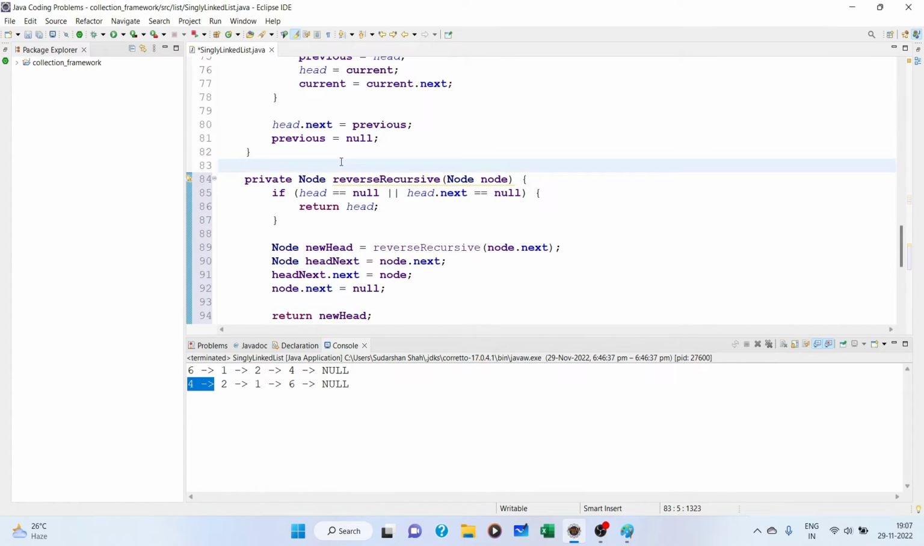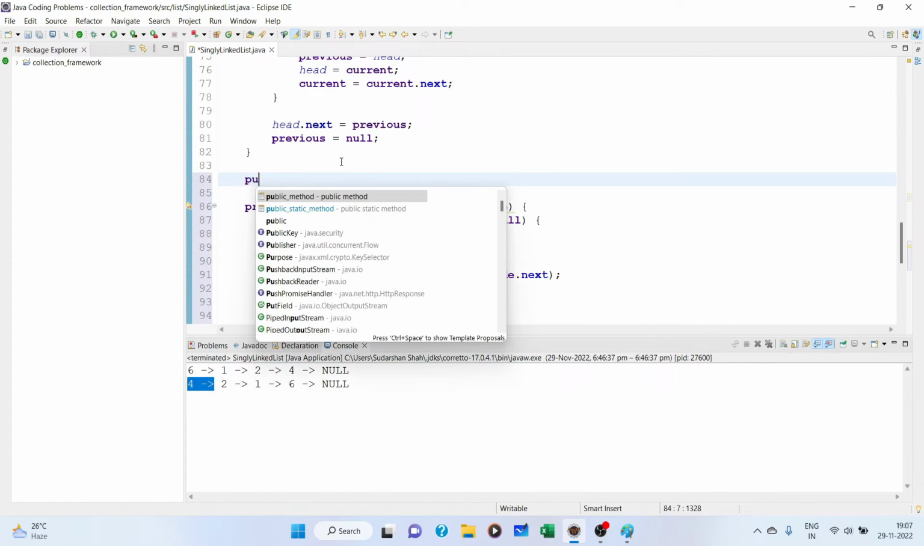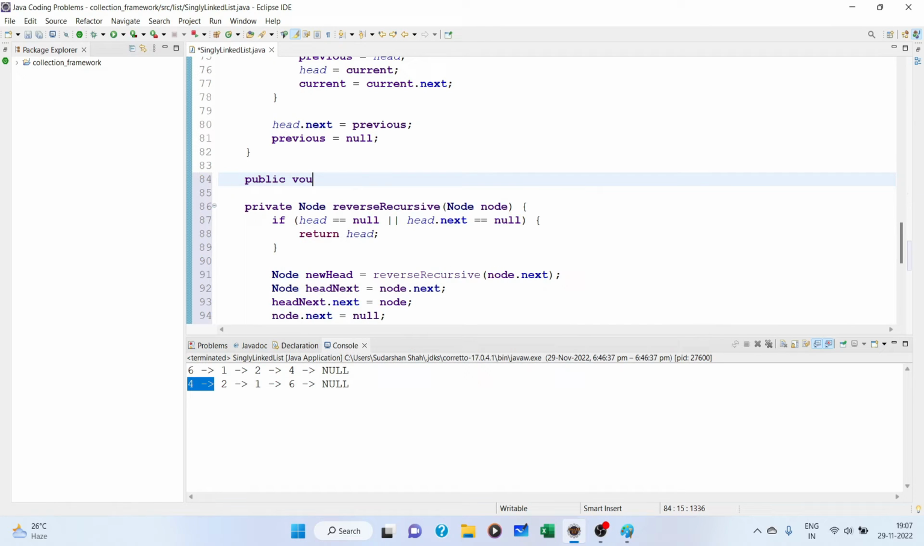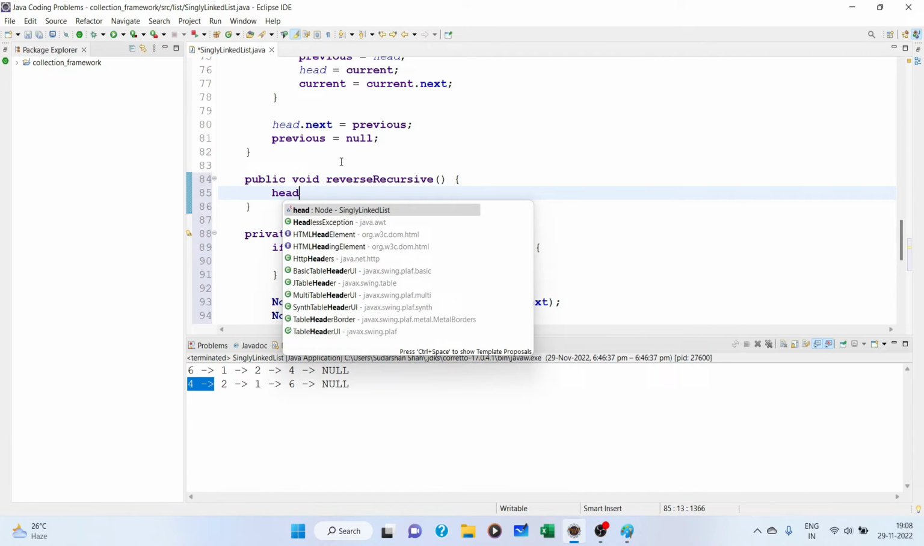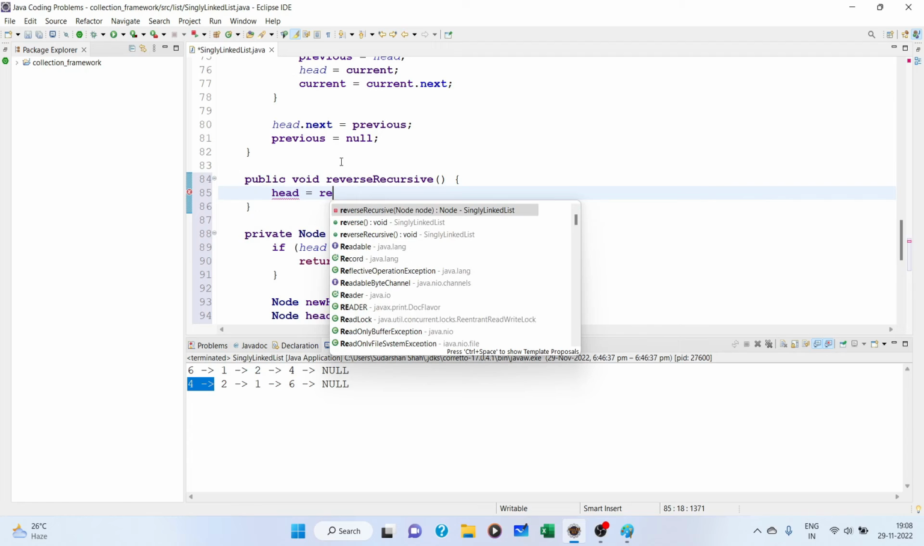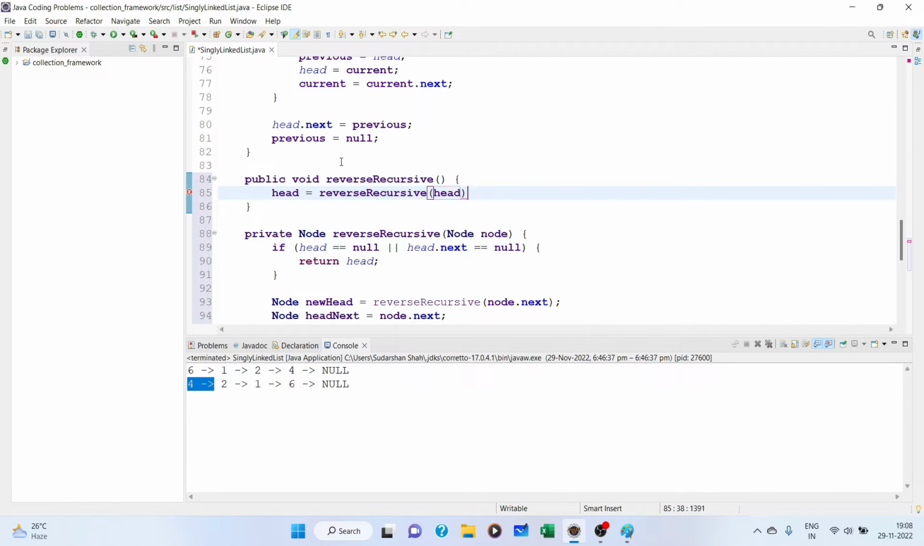Now to call this method, we will create a public method, public void reverse recursive. It will take nothing. It will just say head equal to recursive node head. That's all we have to pass. Okay,